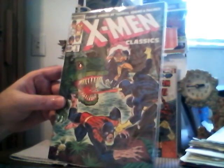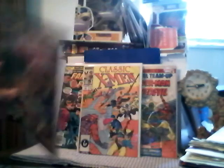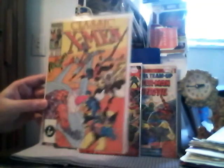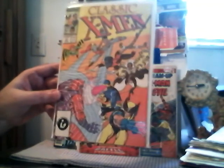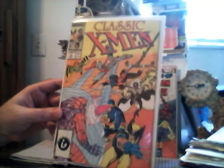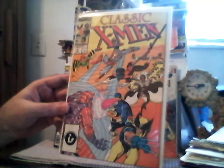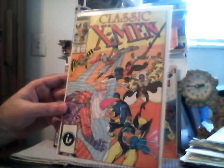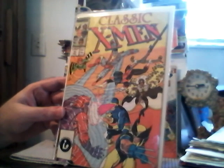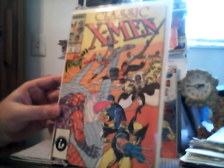I like that with Magneto on the cover. Then I didn't think I was going to find any of these, and this was by itself, which was shocking. I have now 1 through 10. I was looking for number 11. I was looking for any other number, and this was the lowest one there. Like I said, the only one there that I saw,